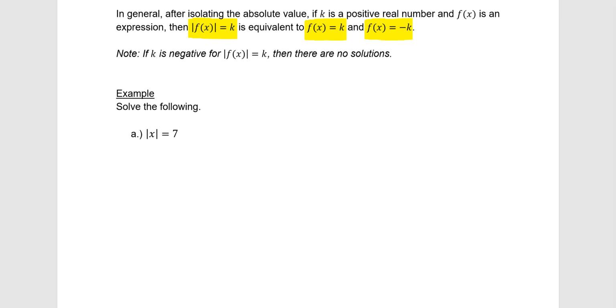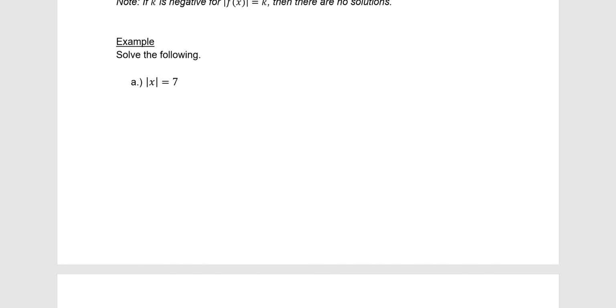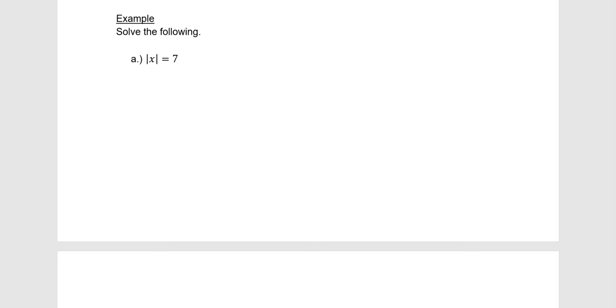So something we have to watch out for is if that number is negative, the absolute value of f of x equals a negative number, there's going to be no solutions because the absolute value of something can never be negative. Okay, so let's do a couple examples here. We have the absolute value of x equals 7. So the absolute value is already isolated here, so all we have to do is come up with our 2